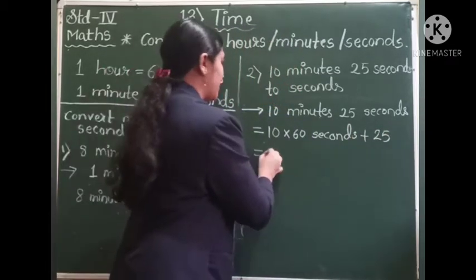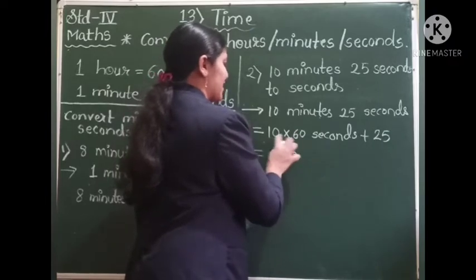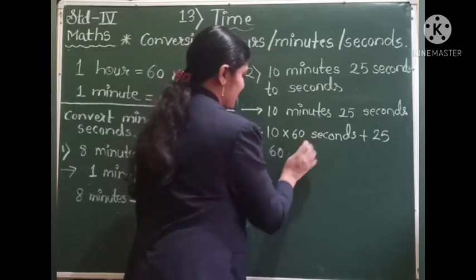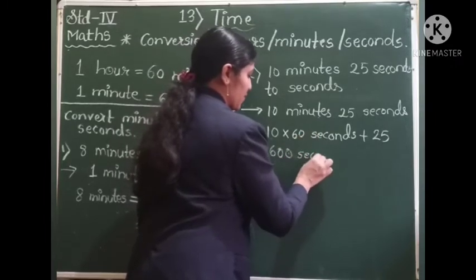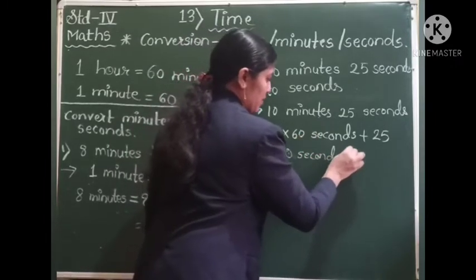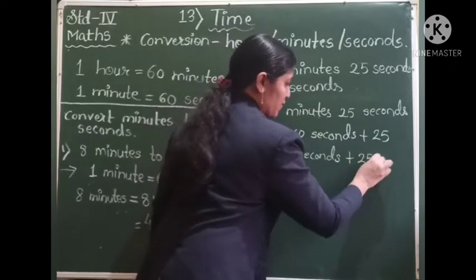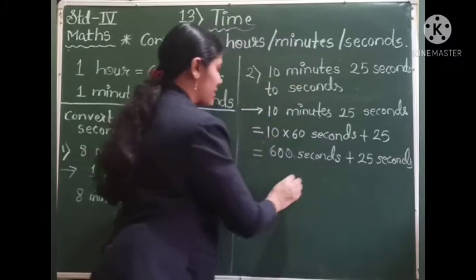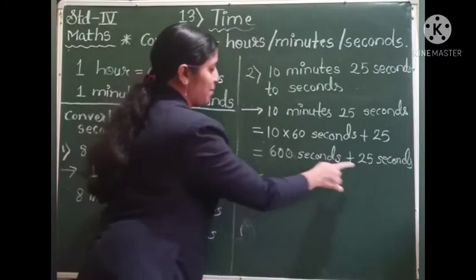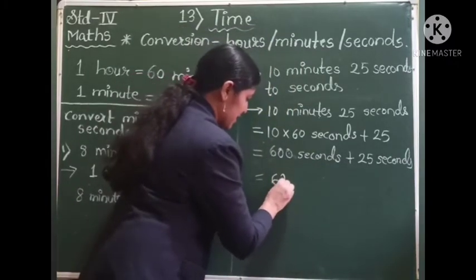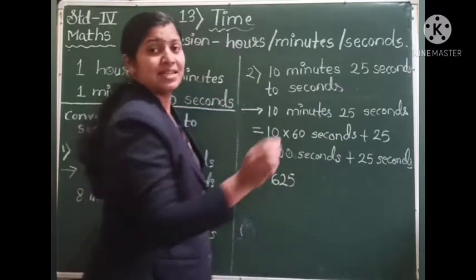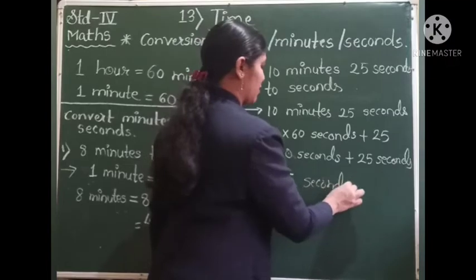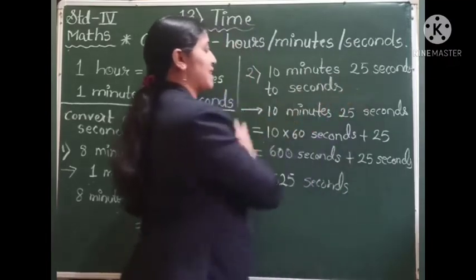So now let us do it. 10 zeros are 0 and 10 sixes are 60. So these are 600 seconds plus these 25 seconds. So now let us add both of these. It is 600 plus 25. It means 625 seconds. Yes. So the answer to 10 minutes 25 seconds is